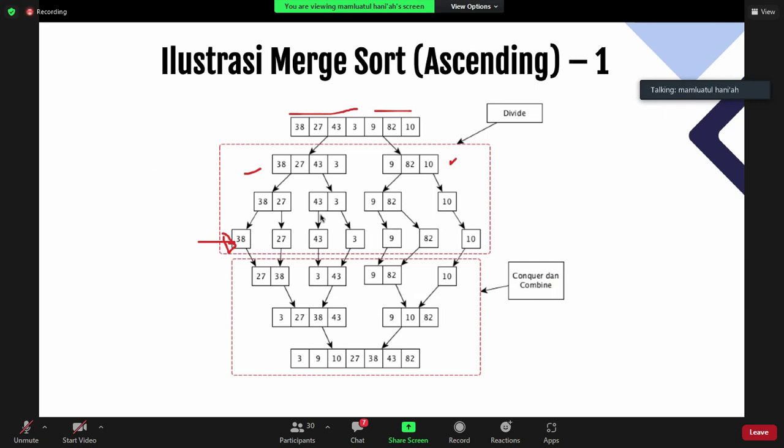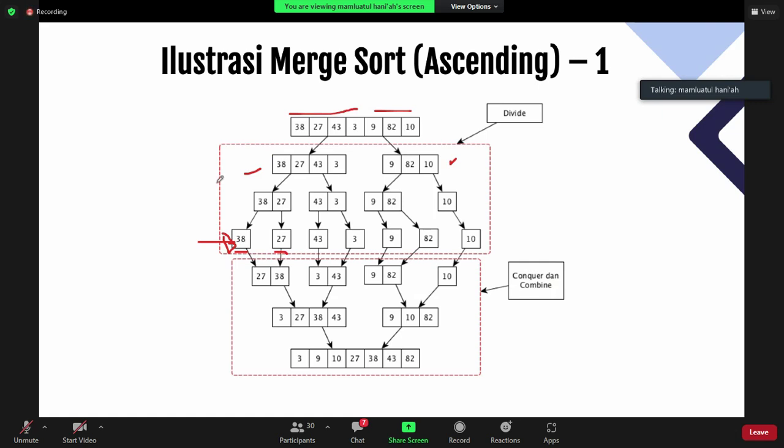Okay, and then you need to compare your first element with the second element. You compare each element in the array.